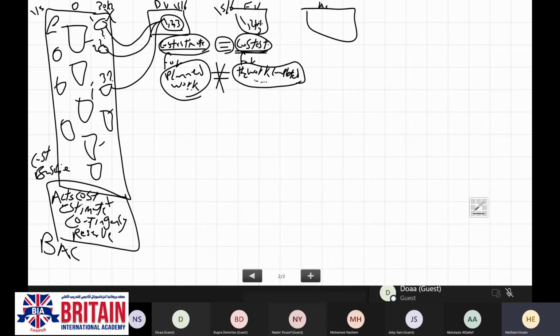It will be lower than planned value in case we have not completed the work which we have planned for.